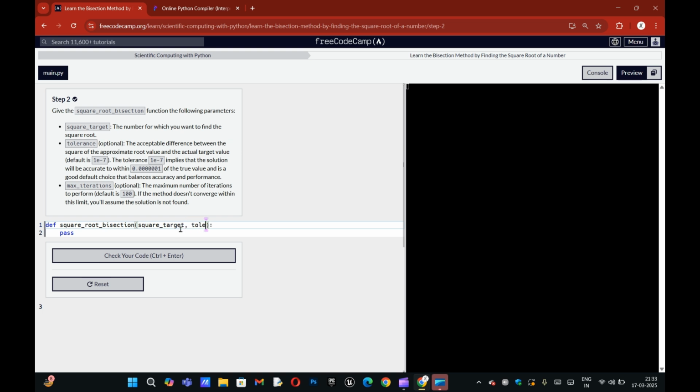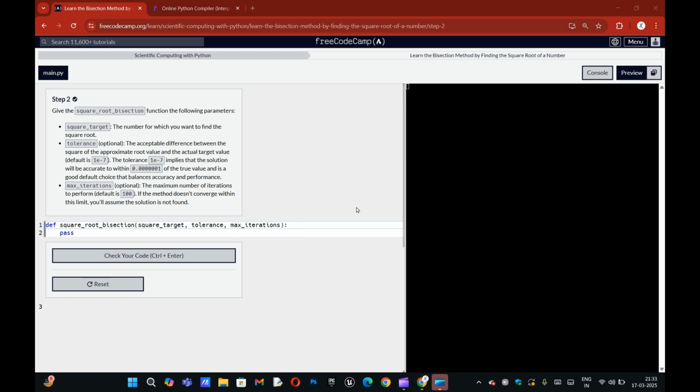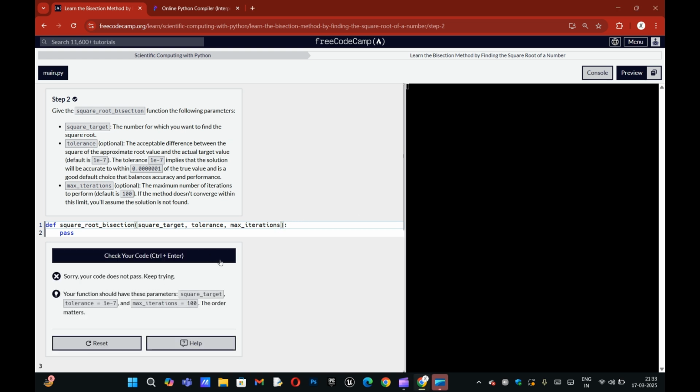So just keep all of this fast. Max iterations will be the maximum number of times it will repeat itself to find the square root.